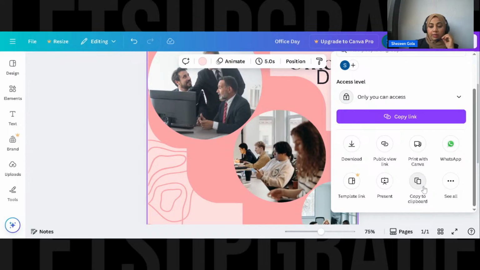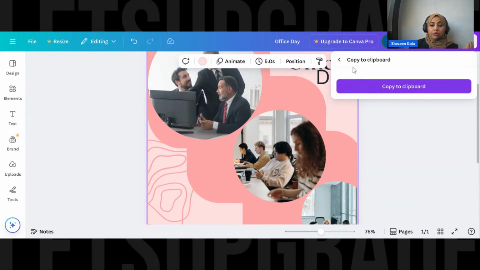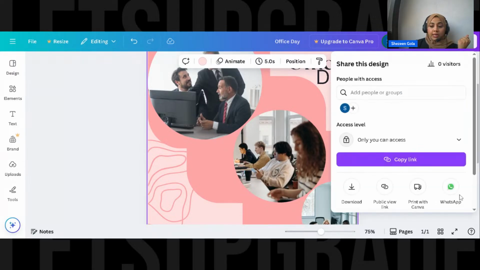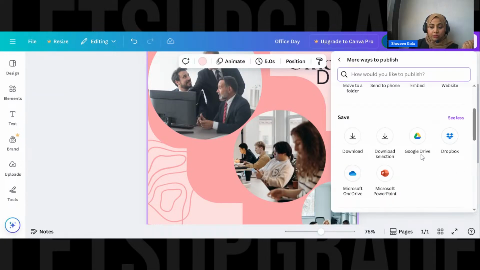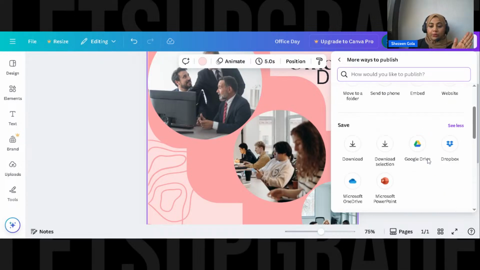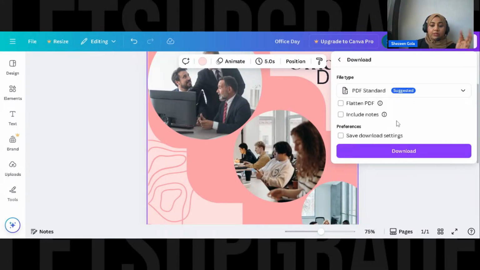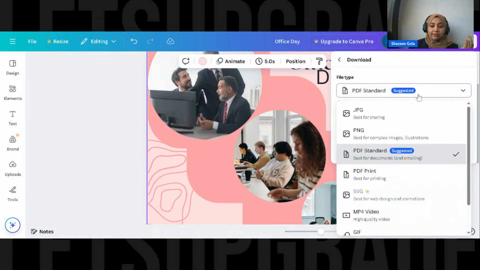Copy to clipboard will copy it to the original board. And now see all. There are other options also. You can put it on Google Drive, or just download it. We don't want to do anything else, we just want to download it. Now the moment we select PDF, PDF is a good format if you're getting it printed, because if you're using a free version of Canva, the size of the artwork is really small.